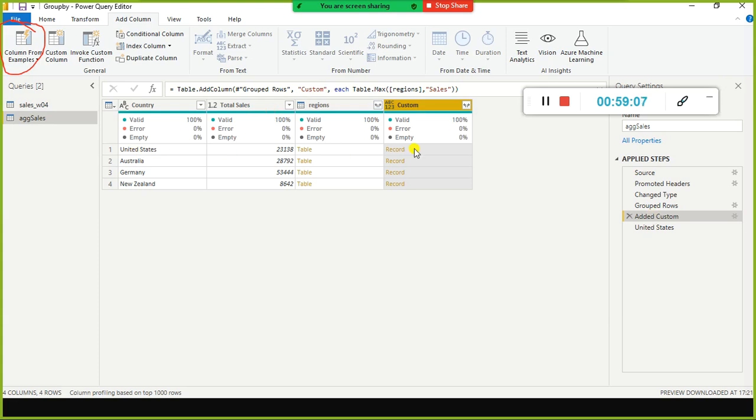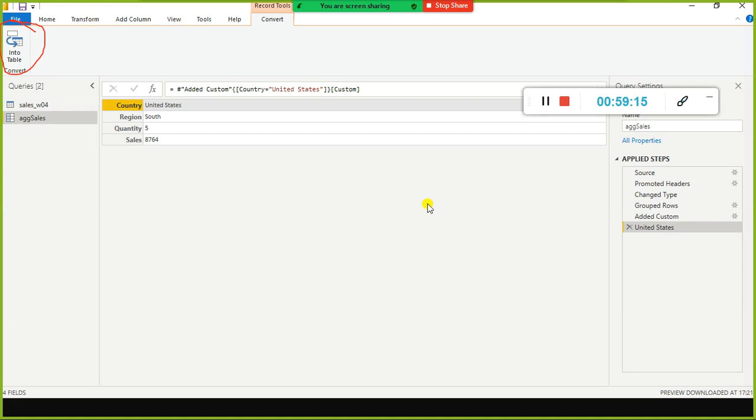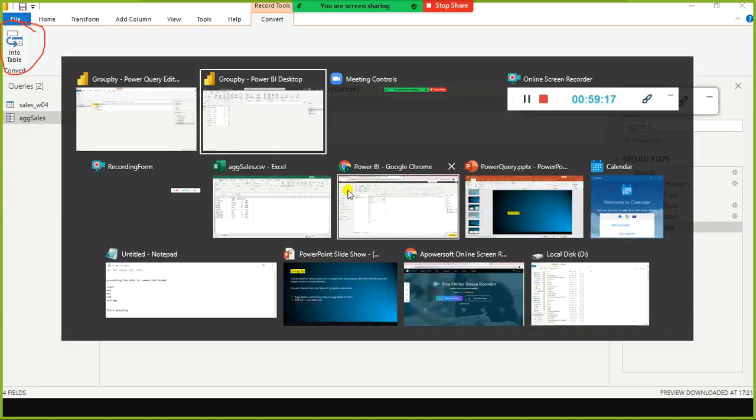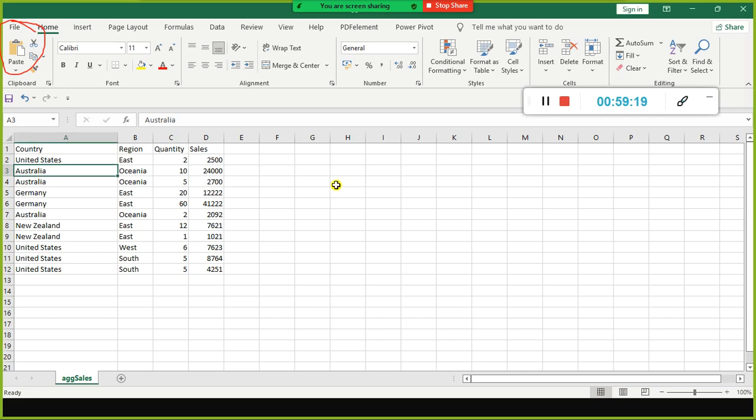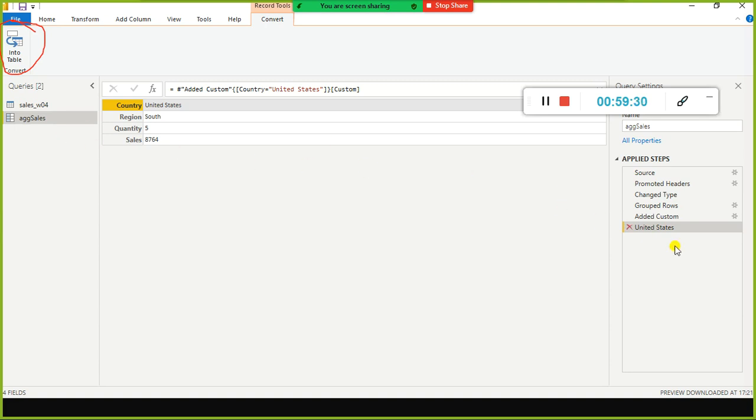So now in the United States, I wanted to see the maximum sales within the United States records. Which one is the highest sale? 8764. Now we will go and cross verify with our data set. In the United States, this is a small value and the highest value is 8764. Of all these, 8764 is the highest value. It shows correctly here.